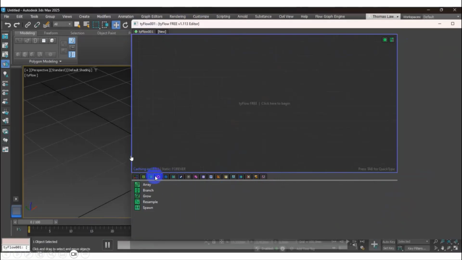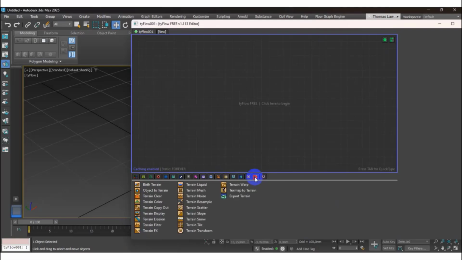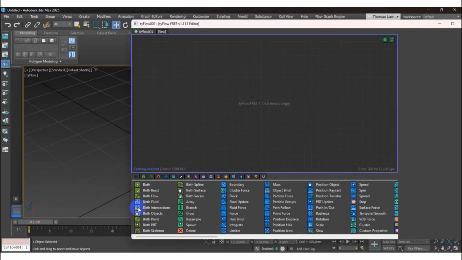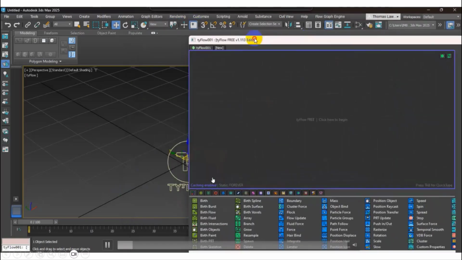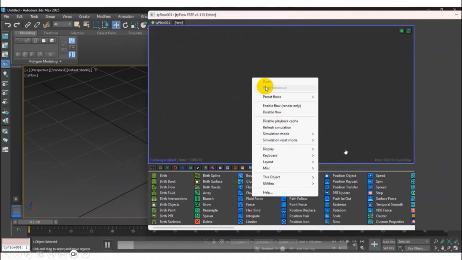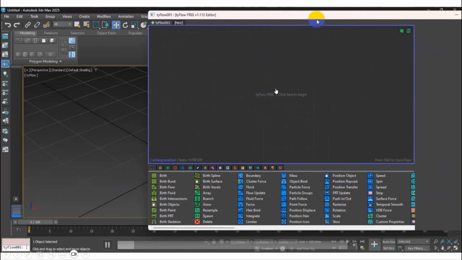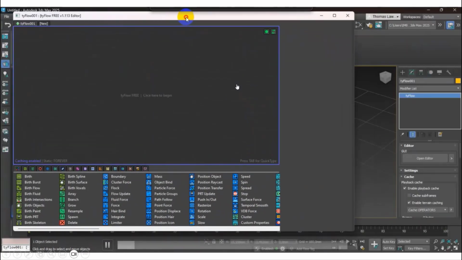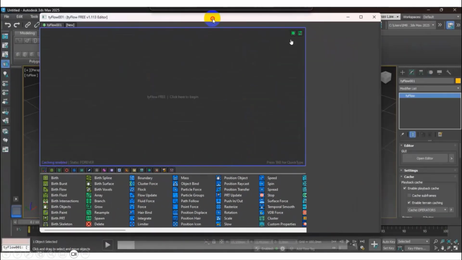There is the sub, they call it a group of nodes. The group of nodes indicates which one, but this is for the general, all the nodes here. So this is the preset flow. When I right click and you see the green bullet here, it means this is running.